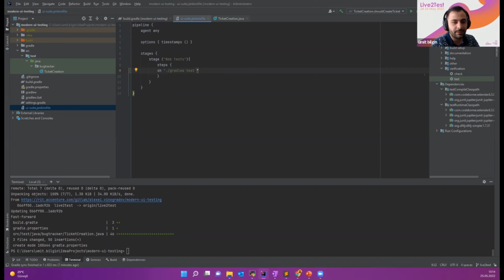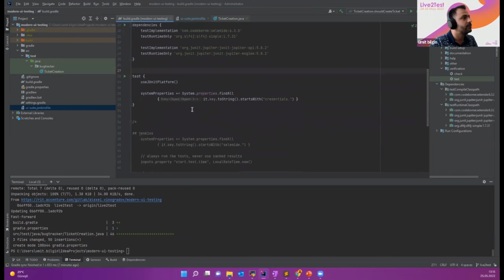This is the URL of the browser, and I'm going to pass one more parameter to set the browser window size. Yes, okay. We are almost done. We need to do some little configurations here because we are going to use Selenide in the Jenkins server. We need to pass some parameters.